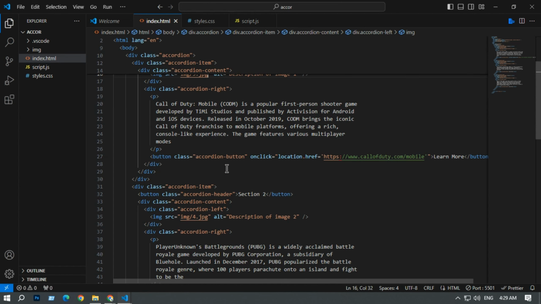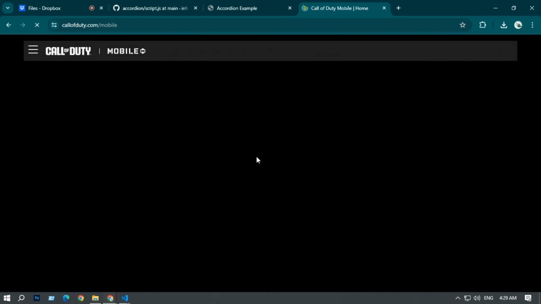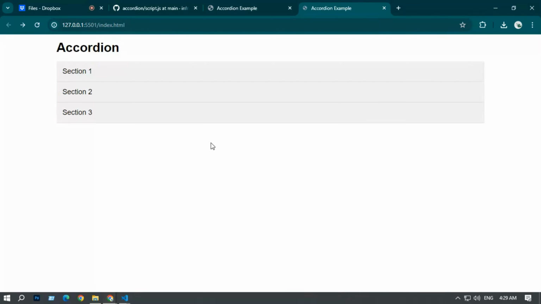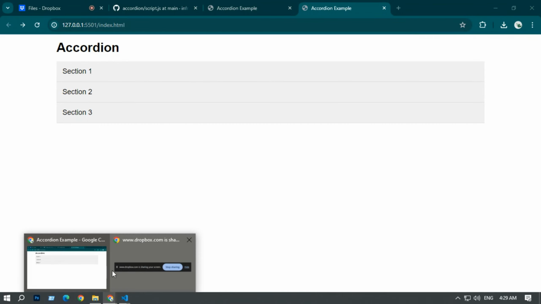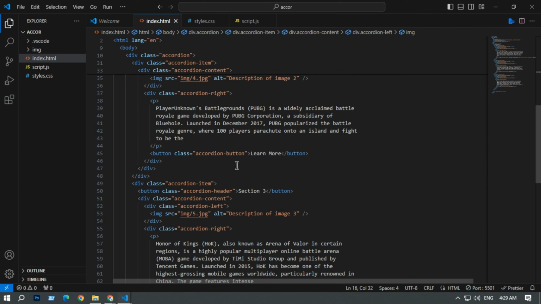And for the button, I added here a Call of Duty link in my button. If I click here, you can see a website is opened. So if you want to change the link of the button, or if you want to add a button link, you can see here I have a button, class accordion button, and if I want to add a link, I have to write onclick